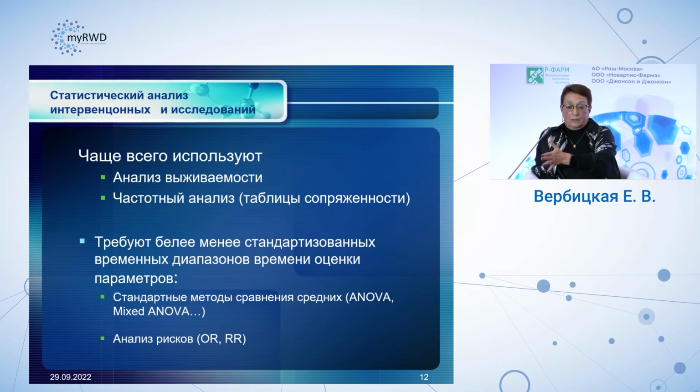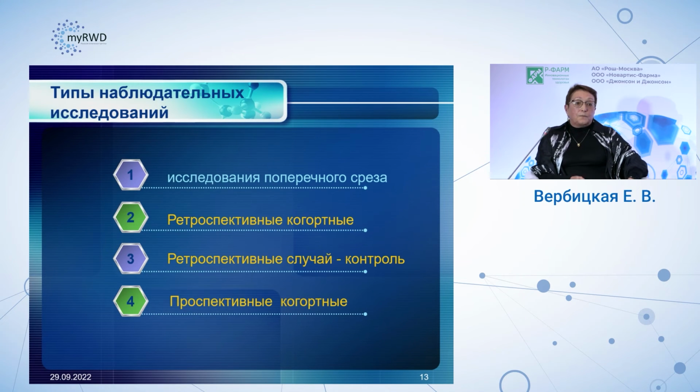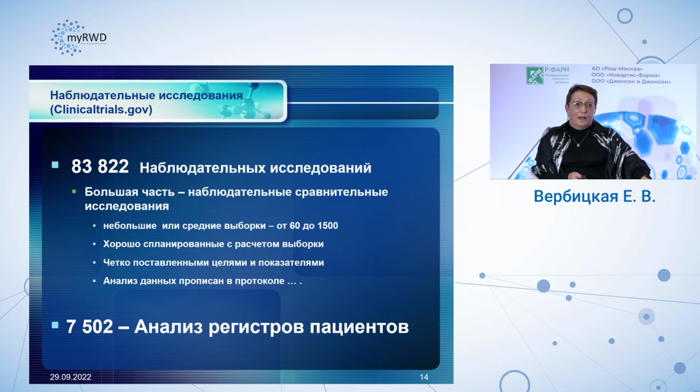We need to compare the figures at one and the same time points, but the registers are different, and we cannot get the data about one patient at the same time points. The same applies to assessment of risks. At what time do we assess risks? What time window do we set to assess the risk? And what effect does this risk window have?